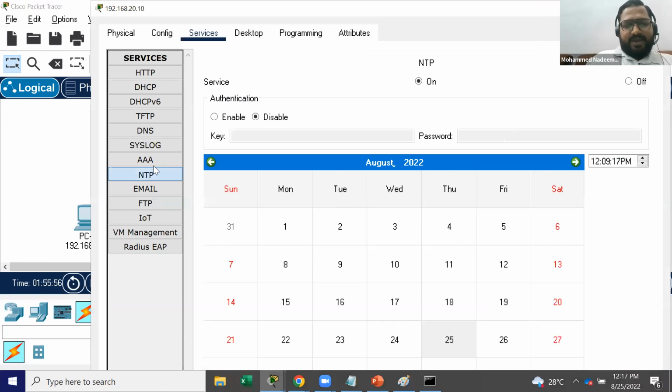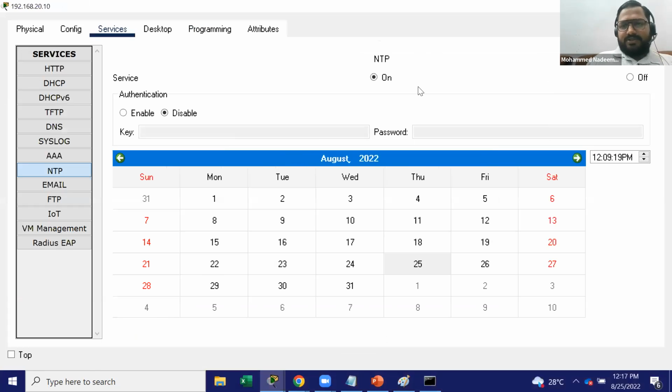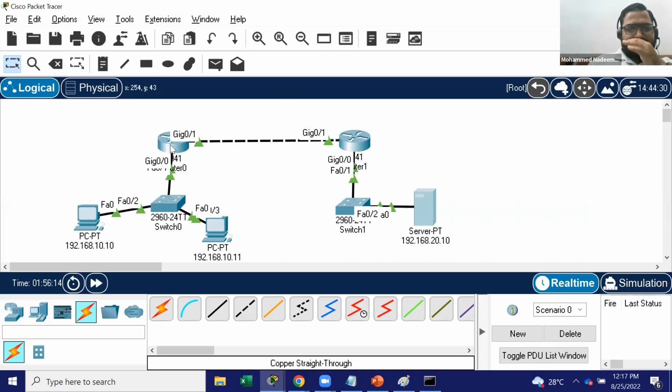Okay, so I will go back here. This is my NTP. I can turn it off and on again, just so that it can sync. You can also enable authentication. You can put a password if you want, or you can leave it. So if I go back to my router,